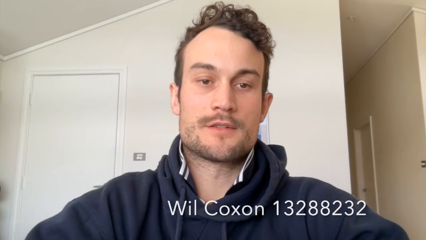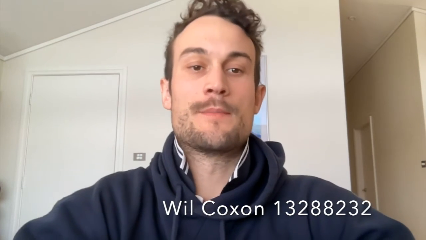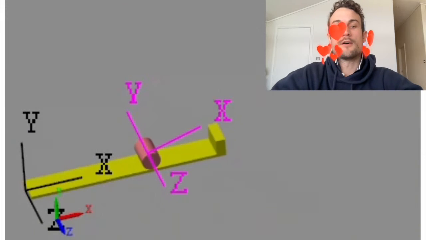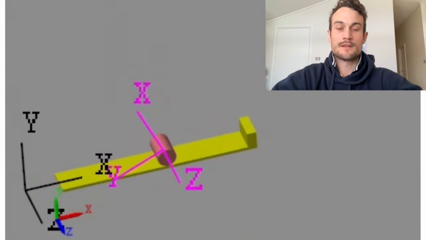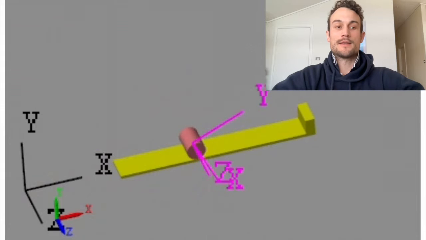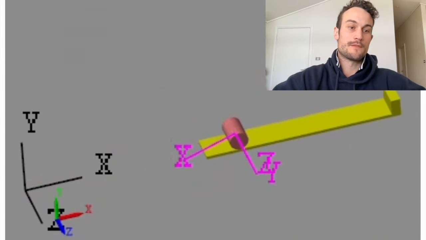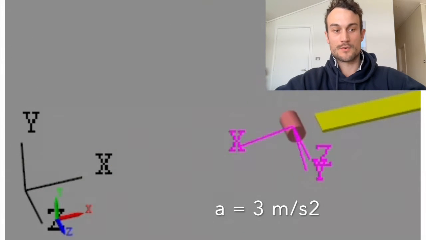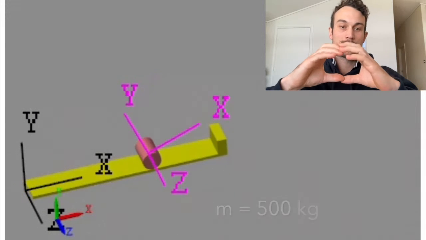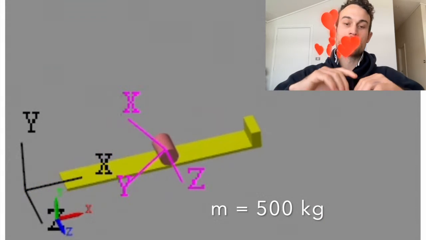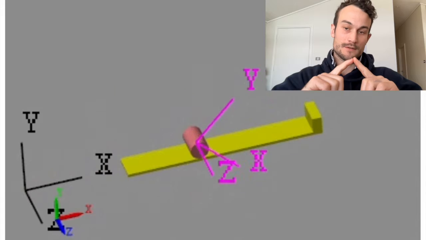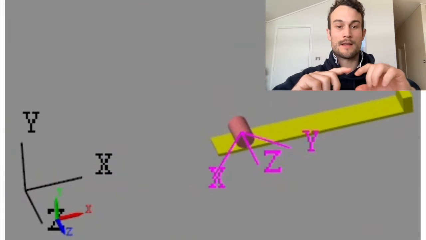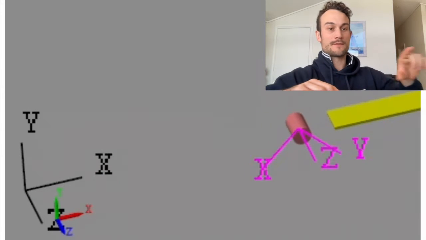Hi, today we're going to talk to you about a real life physics problem about a spool of metal rolling off the back of a truck. Now, our truck driver's had a big weekend, he's forgotten to tie down his load, and he's gone to accelerate off at 3 meters a second squared, and the 500 kilo roll of sheet metal wants to stay where it is due to Newton's first law, and so it starts to roll off the back of the truck,